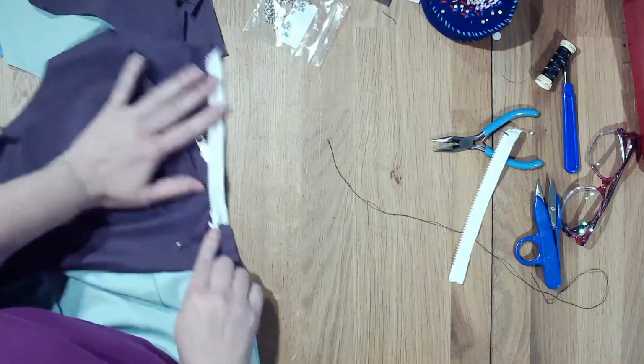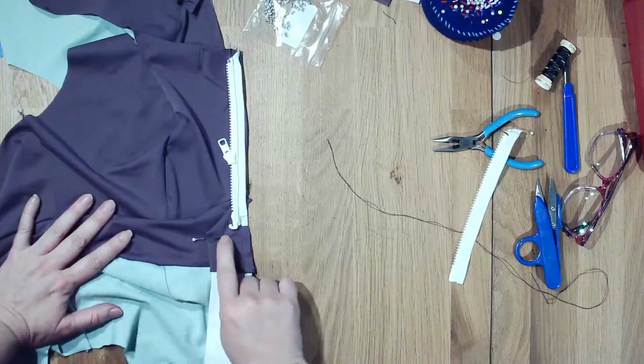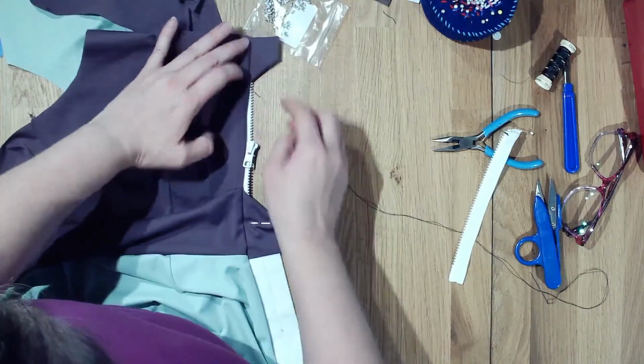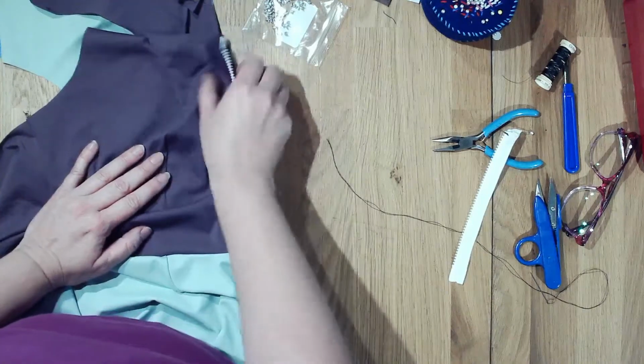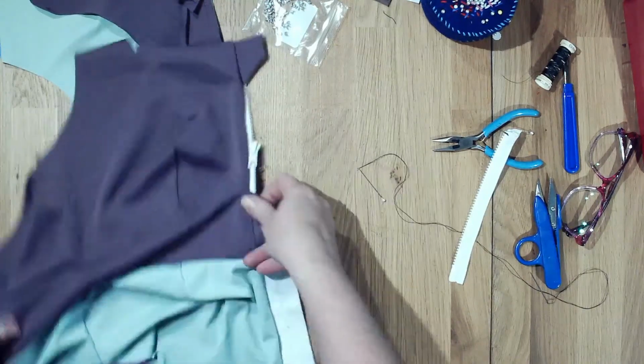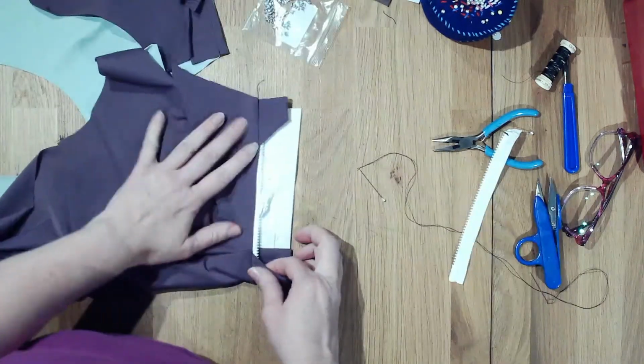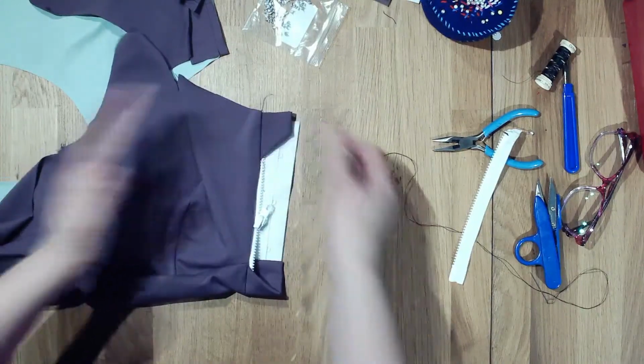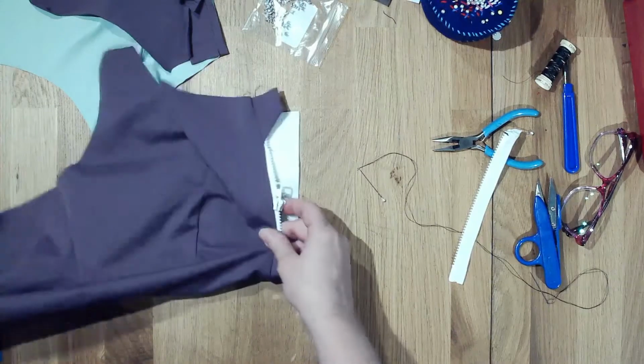Okay, so we have the zipper attached, and it's all going to end before this, but we know that the bottom is still going to get covered and the top is also going to get covered. So when we do the neckline in the next step, we'll be able to completely clean finish the top. Now on the other side,